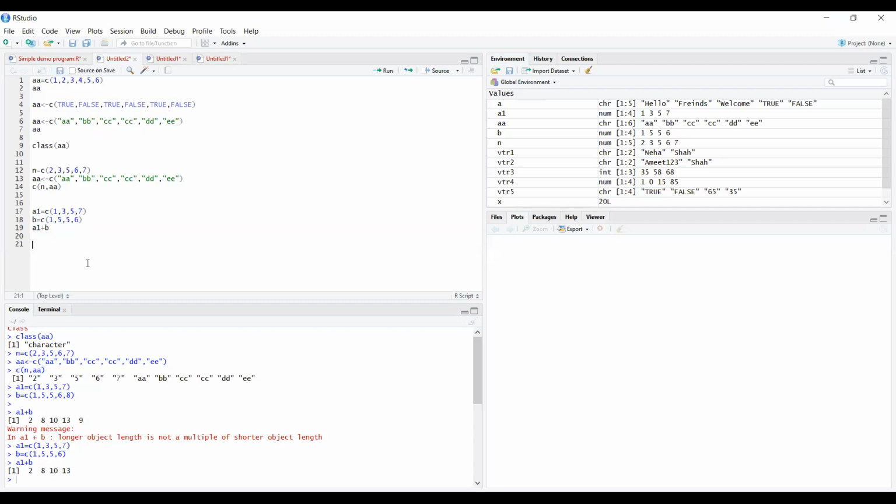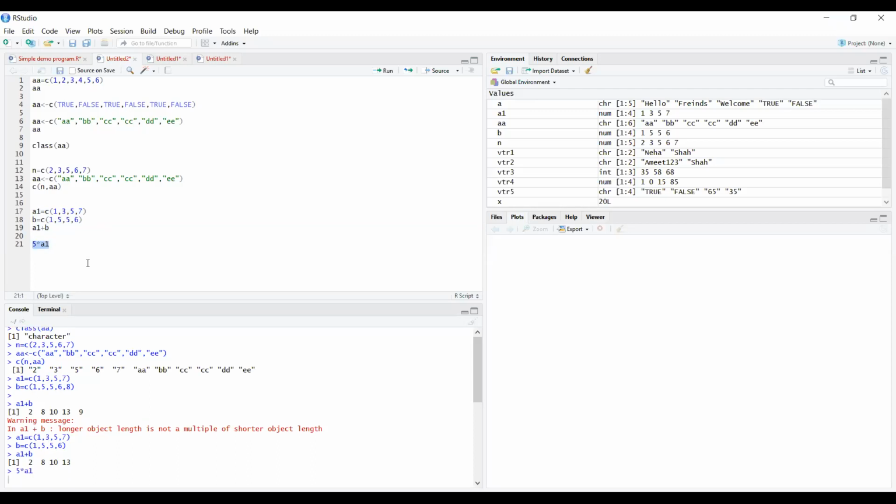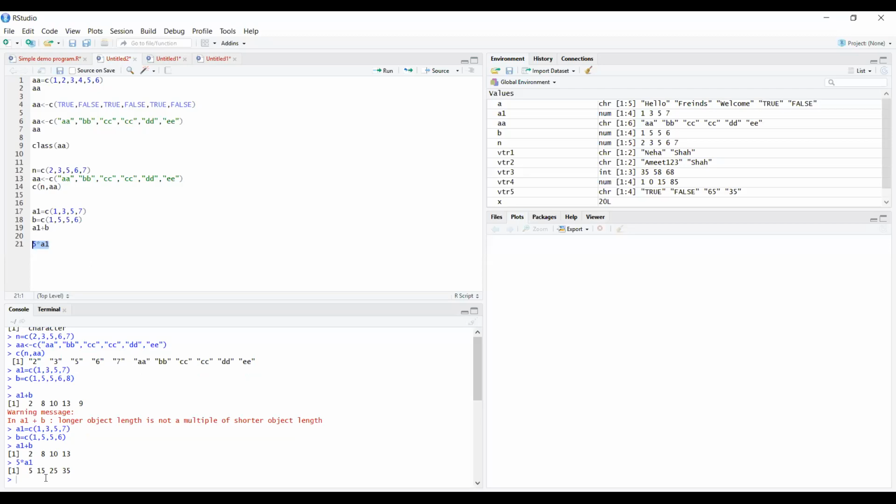Now the next part: if you want to multiply with 5, you just type 5 into a1. Select this part and press control enter. You see that the 5 will be multiplied so that it gives you the values of a1: 5, 15, 25 and 35 and so on.